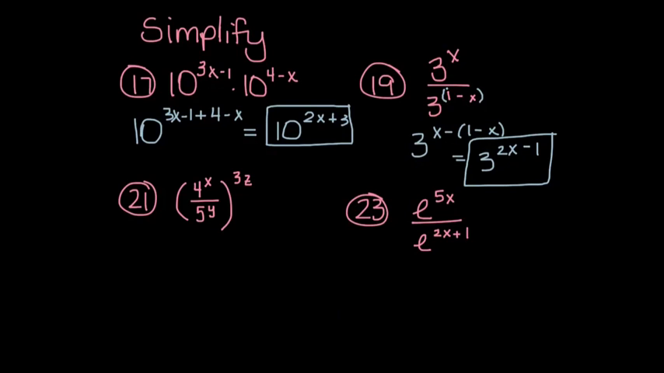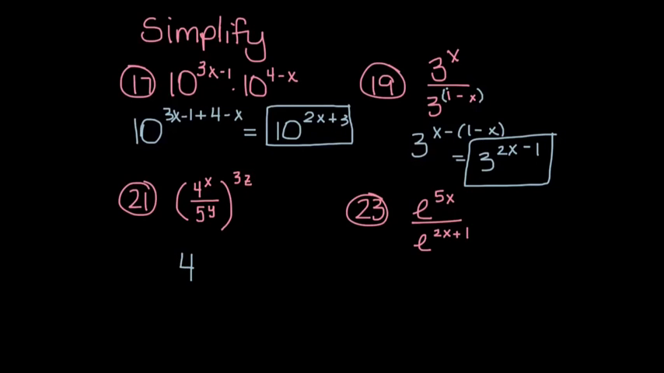For number 21, I have a fraction that is being raised to a power. Both the numerator and the denominator of the fraction are raised to individual powers, and then the whole fraction is raised to the power of 3z. When I have a base that's raised to a power, and then that power is then raised to an additional power, I multiply the exponents. I'm going to do that for the denominator too. I have the 5 raised to the y, and then I raise that to the 3z. If I simplify that,